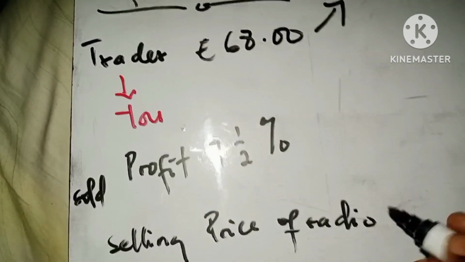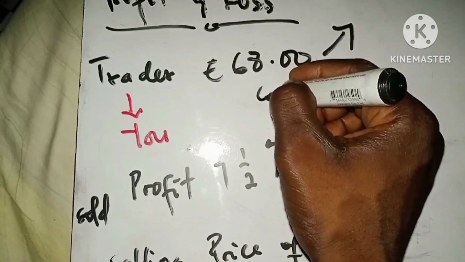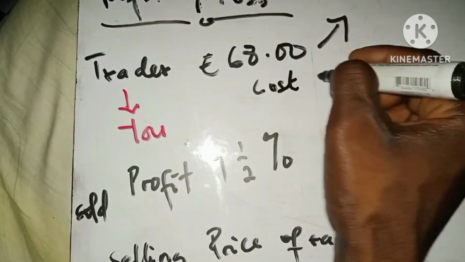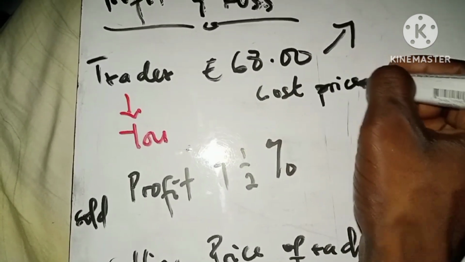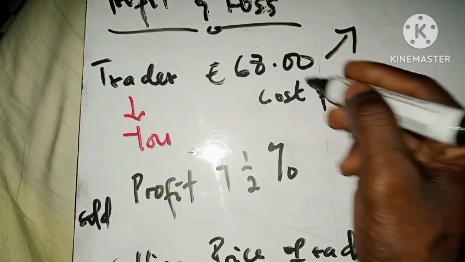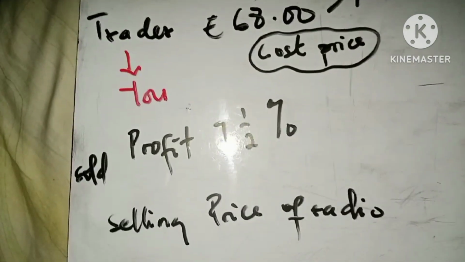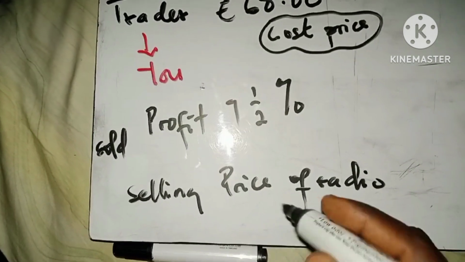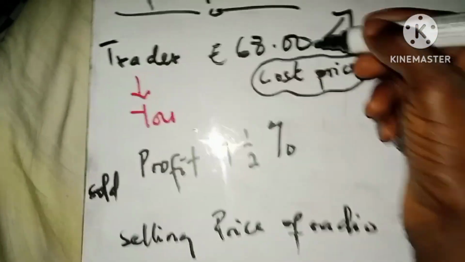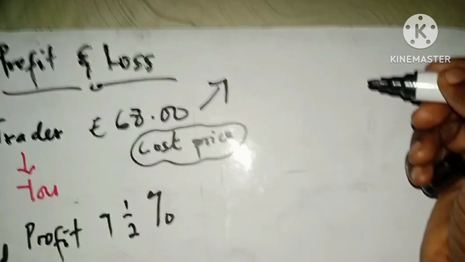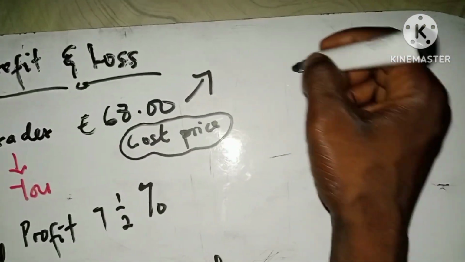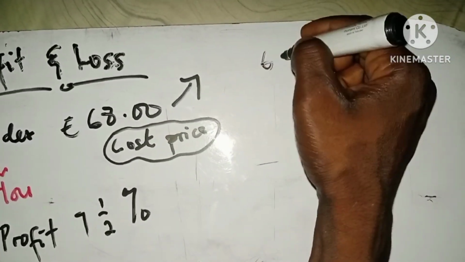That is the question. So this one is going to be our cost price. This is the cost of the radio. This is what you paid for. So what you paid becomes the cost price of the radio, and then the selling price is what you have to determine. Here we are not given it. Now if this is the cost price, the assumption here is that this is equal to